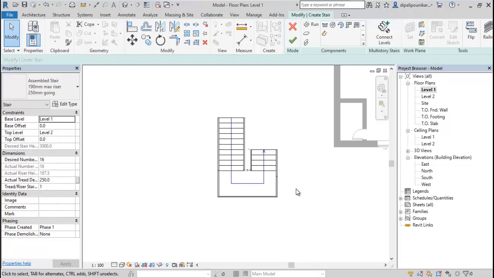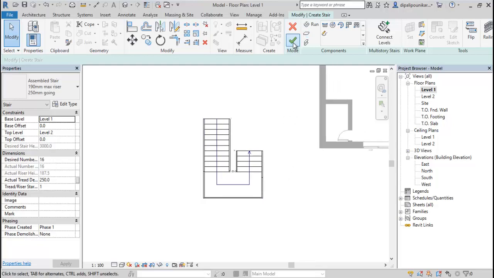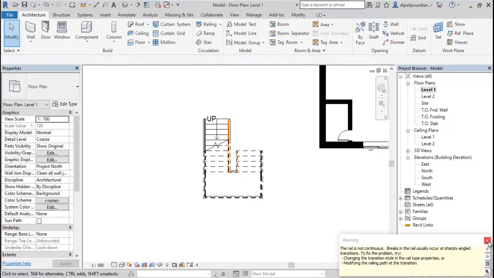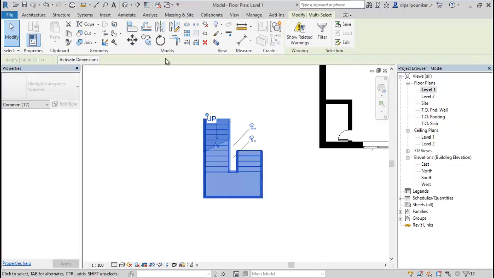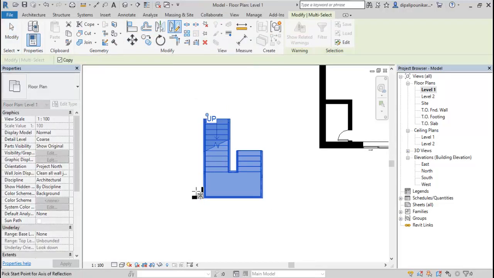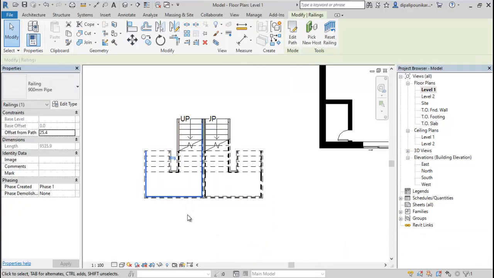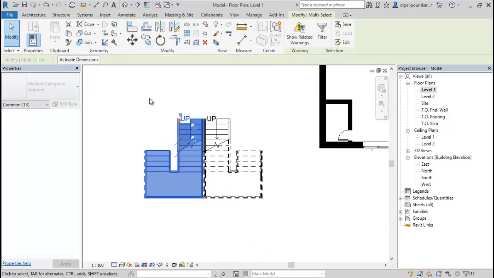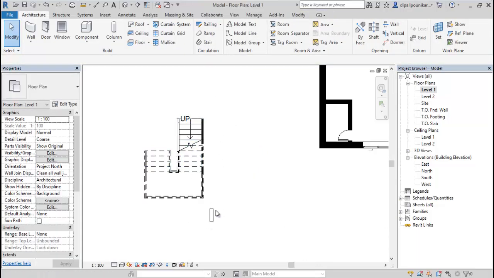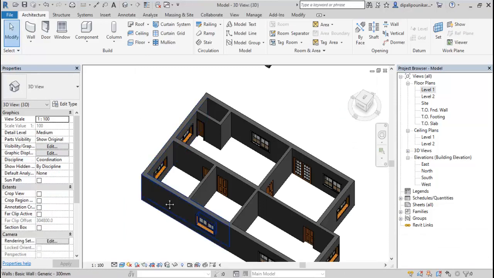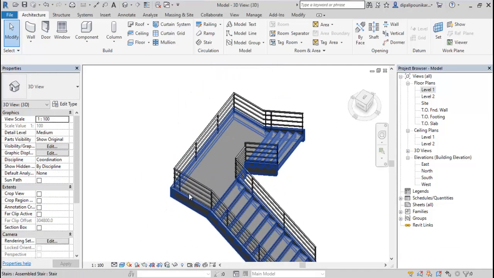Now we need to click over here, right click, and then click here, and we need to mirror this. What we took from this side, we need to mirror at 180 degrees. Like this we need to do, and we need to delete this one. Now you can see the staircase we generated. If you go to the three-dimensional model, here it is. You can see this staircase is generated.